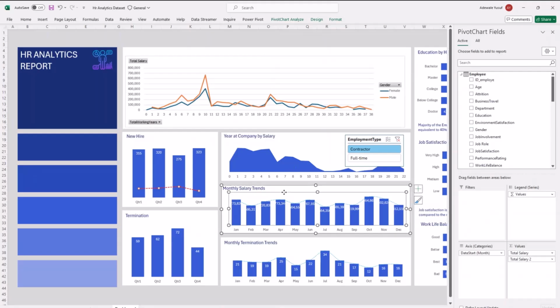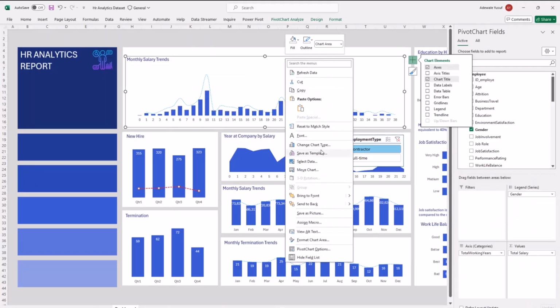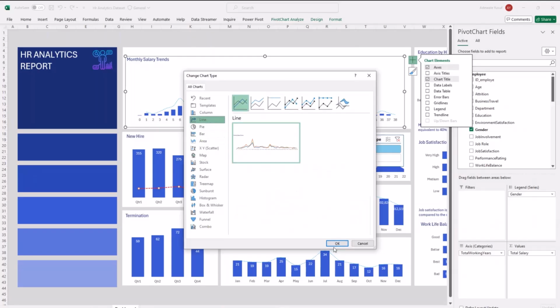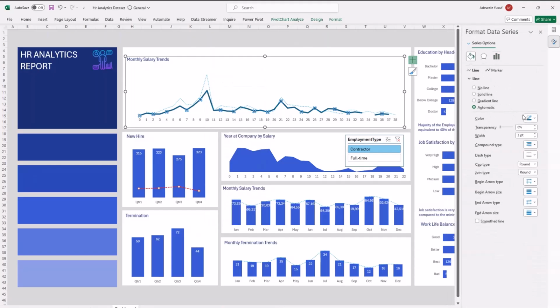So I can copy any of this guy on this. So I don't necessarily need to be creating a chart, but this is also not the kind of chart that I want. So I'll just unselect data label. I'll right click on this and I'll go to my change chart type. So I'll make it a line chart and I'll click OK. So since I've made the two a line chart, then what I need to do now is to format the line chart. So I'll select the thicker one, format data series, go here, change the color to maybe any color of my choice, maybe my dark, any of my blue.